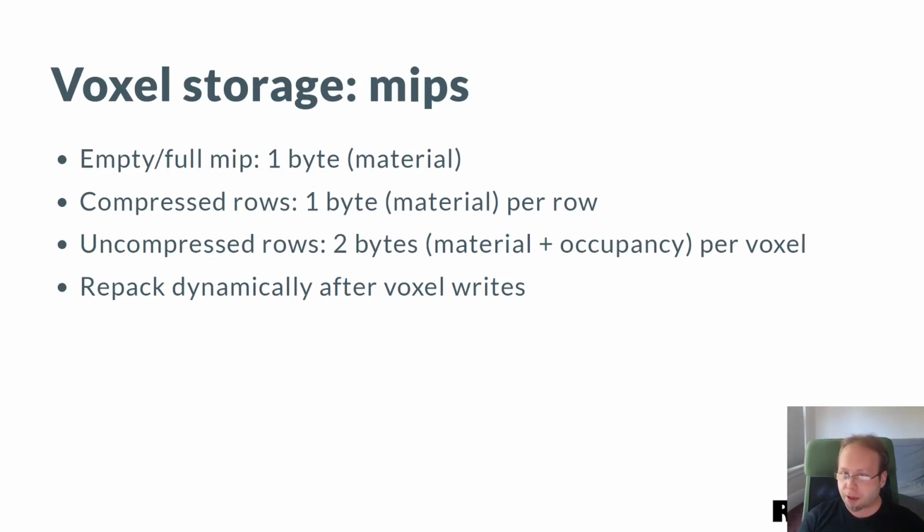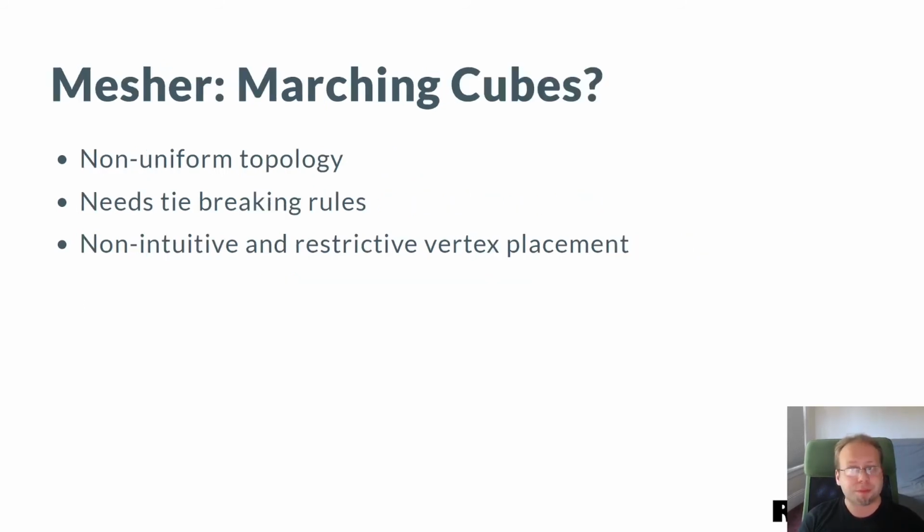They're filled with either air, so they're empty, or they're filled with some solid material, and it's the same material per row. Because of this, we use this row-based compression in memory, where if the voxel content inside a row of 32 voxels or smaller number in larger MIPs is the same, then we just store 1 byte saying this is the material in this row. Otherwise, we store a full 2 bytes per voxel. And of course, all of this has to handle modifications, arbitrary modifications from scripts or physics changes. So we have to either unpack aggressively or repack opportunistically when we need to.